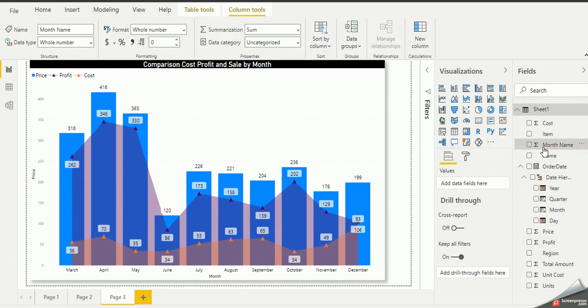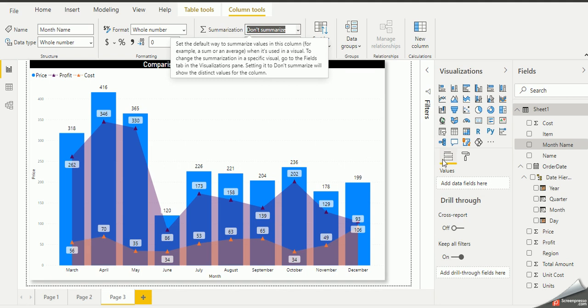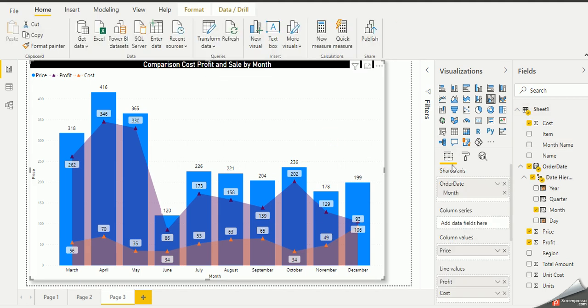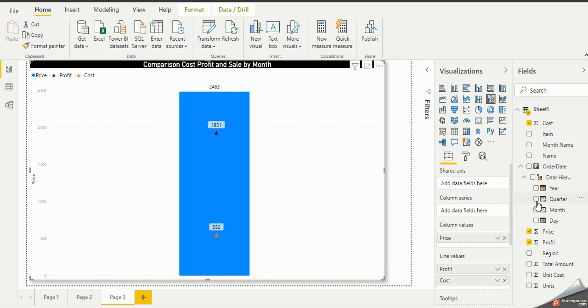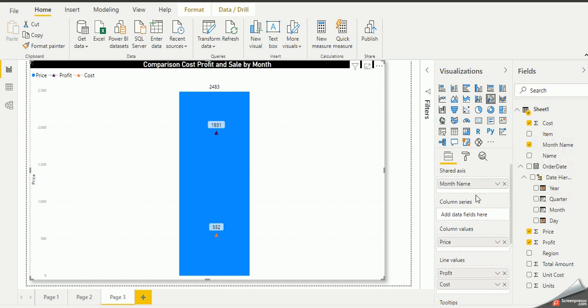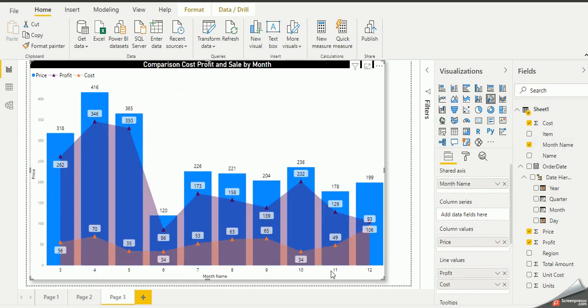Now it is summing up because it is a numeric value, so we will exclude the sum part and just say don't summarize, to bring it into the axis. If I click this visual and clear the shared axis, I will put the month name, and you can see that we have the month name on the axis.